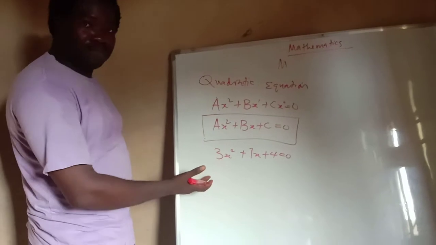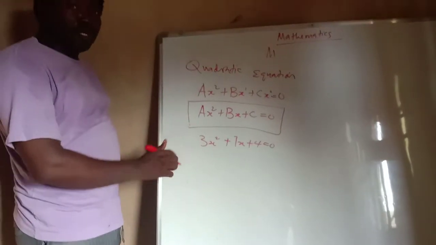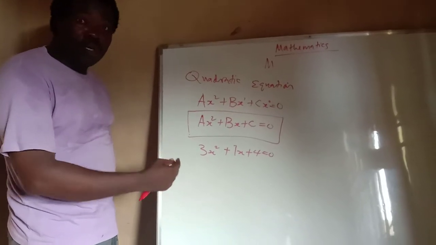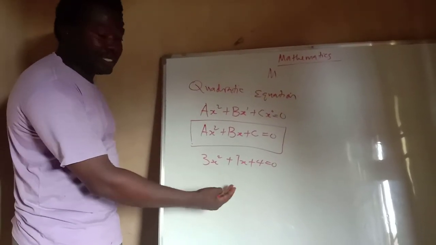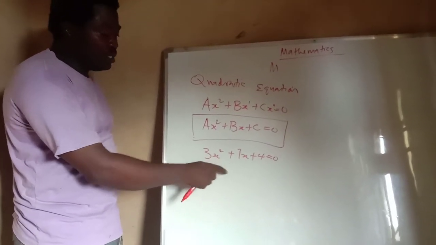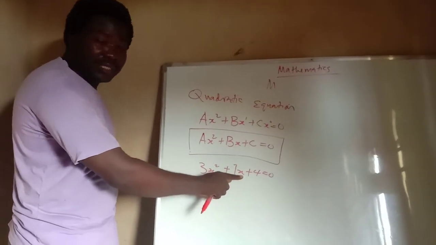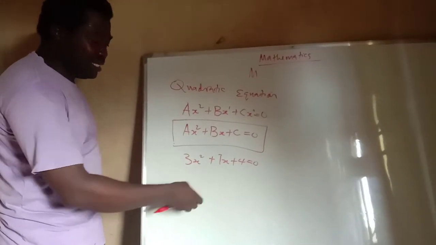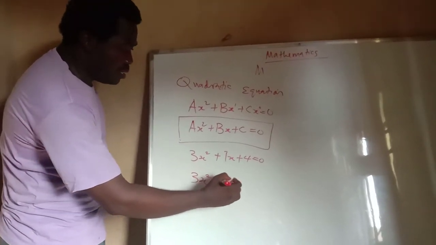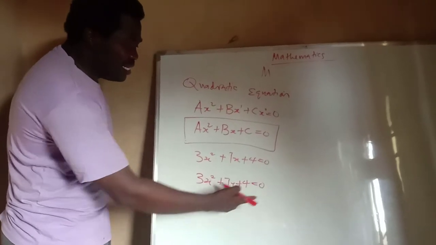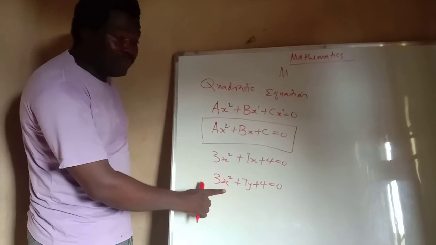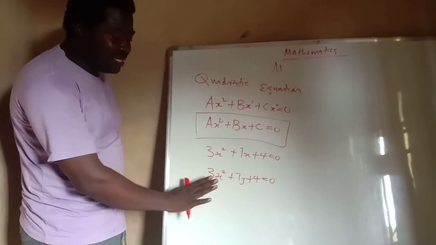For this quadratic equation, we will see that we have just one unknown, though it is split into two different terms. For 3x squared, we have x as an unknown here. For this 7x, we have also x. They are the same. It is not separate. If we have 3x squared plus 7y plus 4 equals to 0, it looks like quadratic equation, but it's not quadratic equation because this term y is different from this x. So we cannot call it quadratic equation.